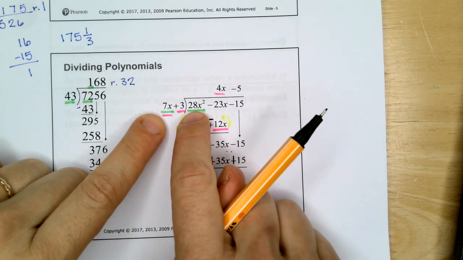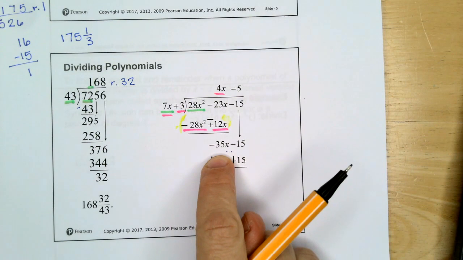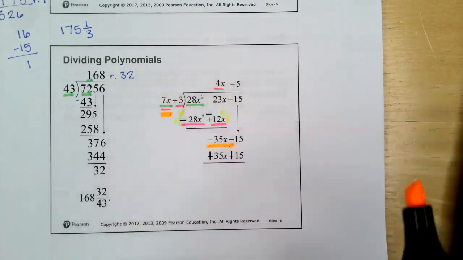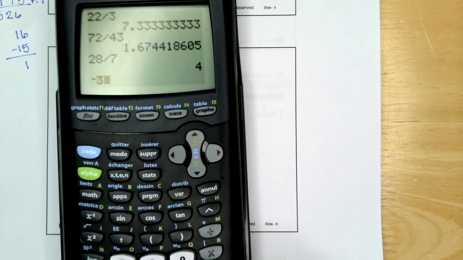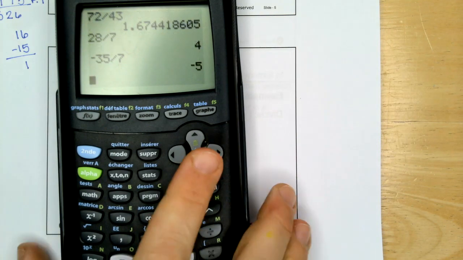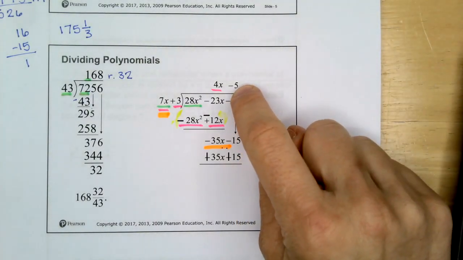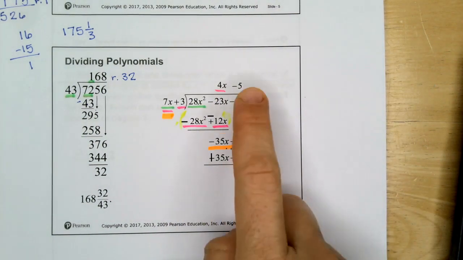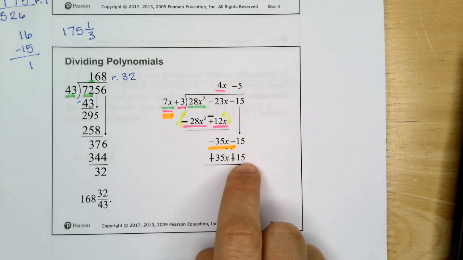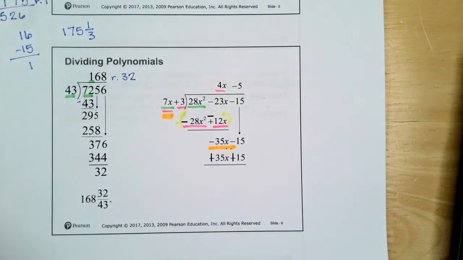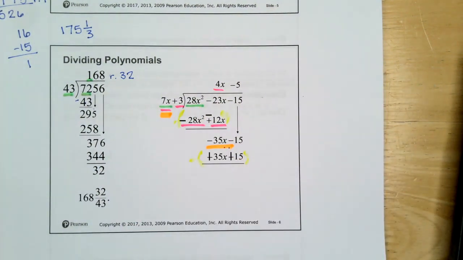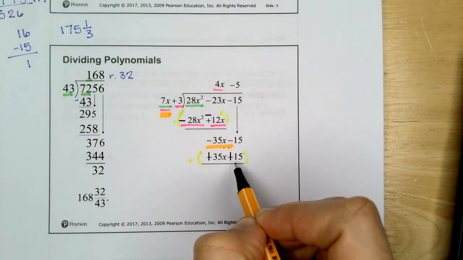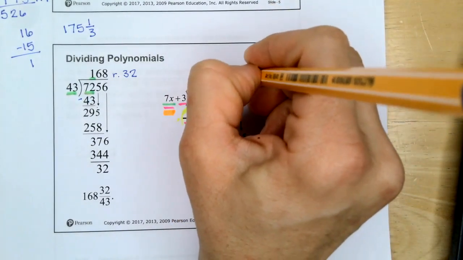Now, just like you've looked at 28x squared and 7x, you're going to look at negative 35x and 7x. When I look at negative 35x and 7x, it's a negative 5. So I put that negative 5 up here. Negative 5 times 7x is going to give me negative 35x. Negative 5 times a positive 3 is going to give me a negative 15. They become positives because we need to subtract. Negative 35x plus 35x is 0. Negative 15 plus 15, 0. So our answer is 4x minus 5,